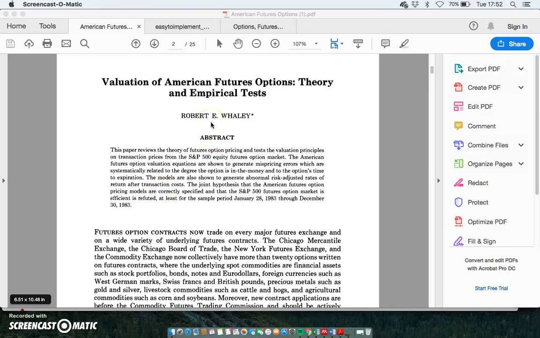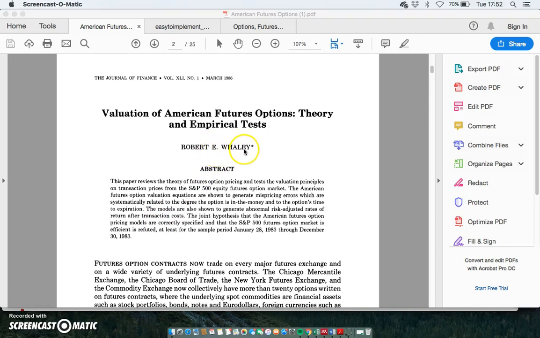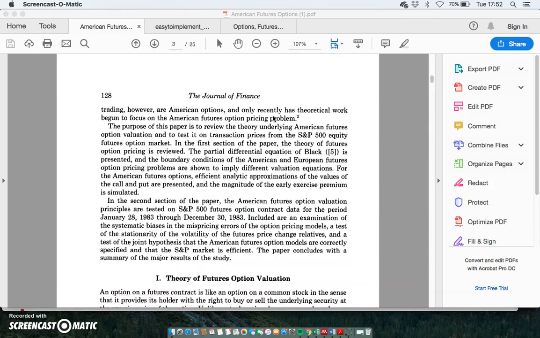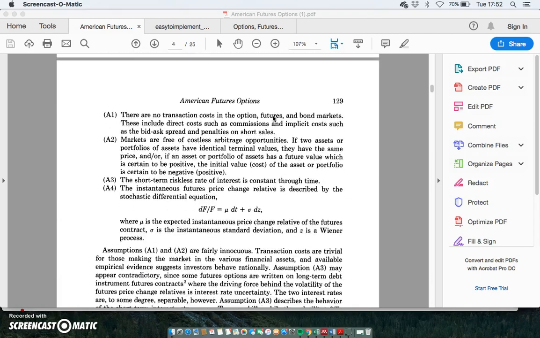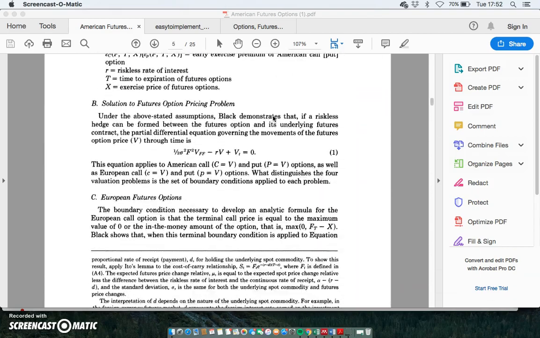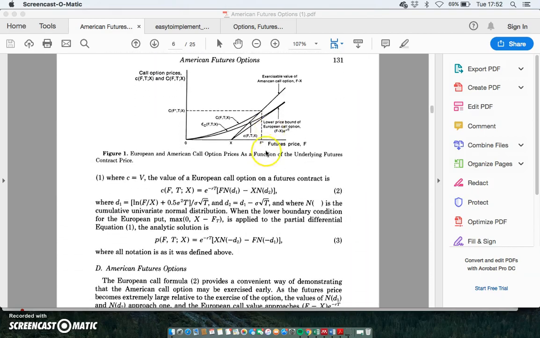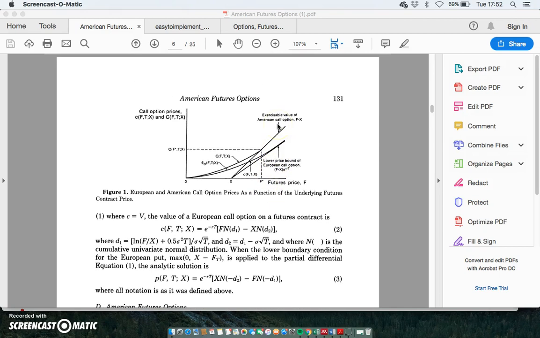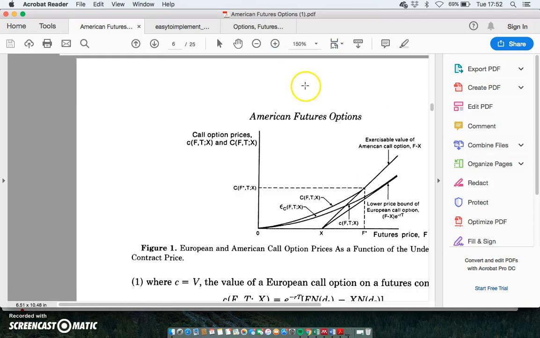So I'm taking another look here at Robert E. Whaley's paper in the Journal of Finance. It's an early paper, a 1986 paper, and it relates to the valuation of American futures options. And figure 1 here in the paper reveals a number of insights in relation to the relative value of American